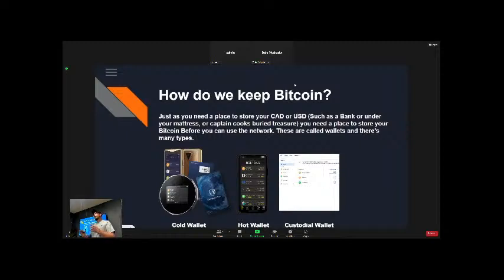Now there are reasons why you might use a custodial wallet. It's easy to back up because you have your name and password, so you can log in if you forget your information, whereas if you lose your private key, it's done, right? It's into the void and you can't get it. But again, there's that more exposure to risk that way, right? The more convenient it is, typically the less secure it is. Does that kind of answer the question?